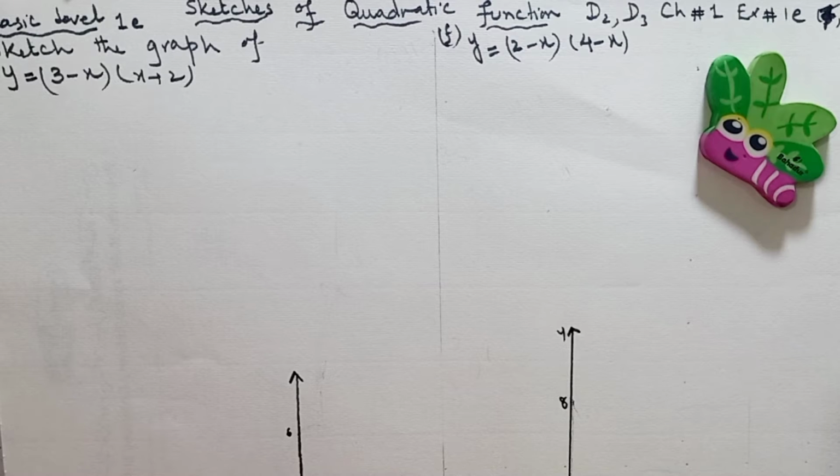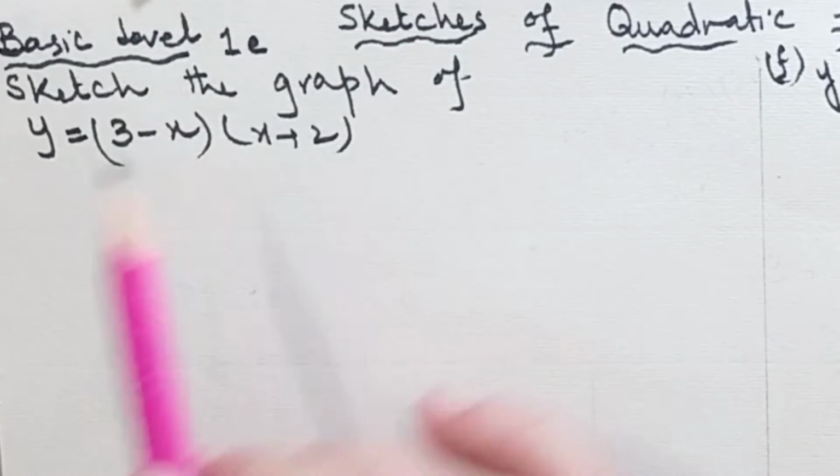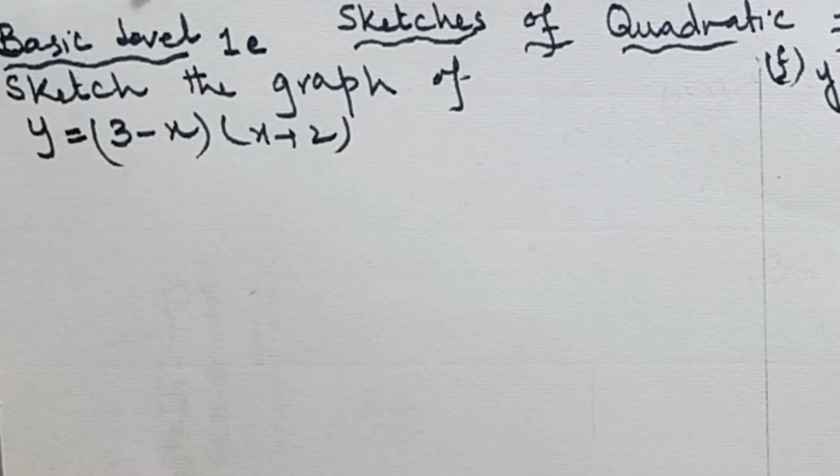In this lesson, we'll be discussing basic level question number 1E part, and the question says sketch the graph of the following functions, and the question which is given to us is having the equation y equals 3 minus x and x plus 2. Recall my previous lesson and recall what are the 6 basic steps for the sketching of the quadratic graph when the equation is already factorized given to us by hit and try method,